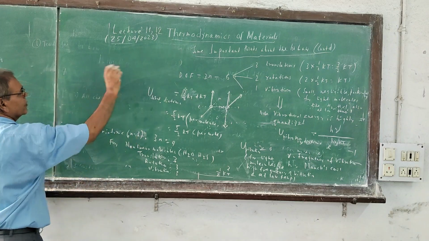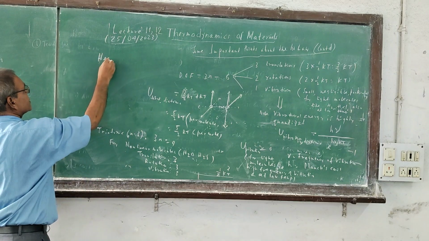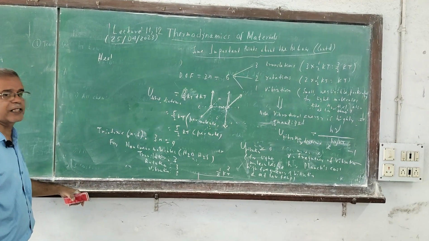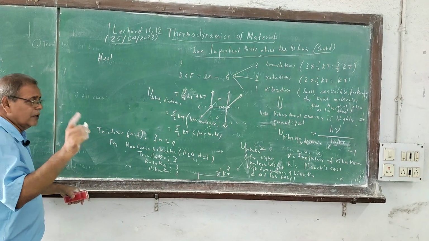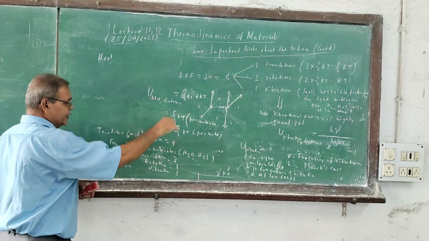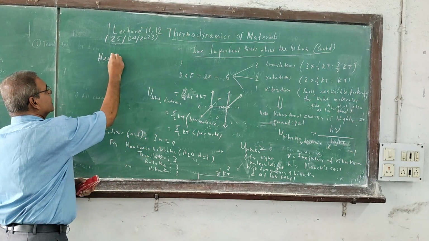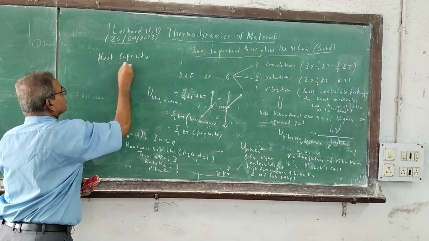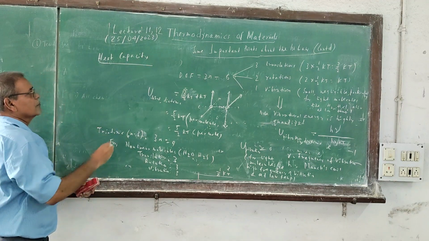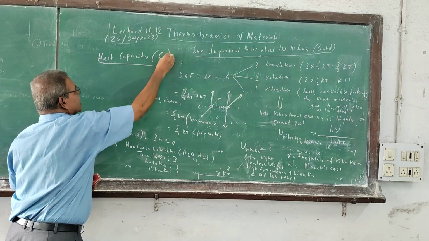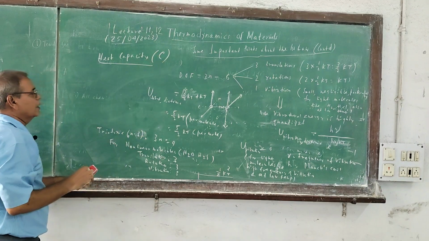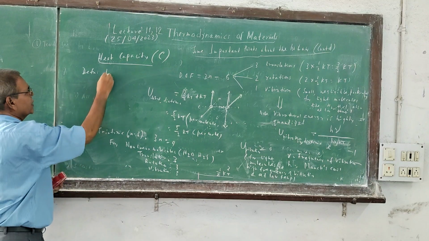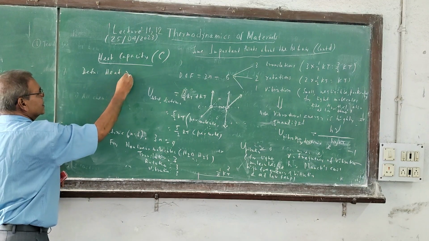What is this? Heat capacity. So it is all over. Heat capacity. We will come back to these internal energy values later when we find the heat capacity of an ideal gas. But retain these results. Heat capacity, symbol is C. What is the definition? The definition may be useful. Heat required to raise the temperature